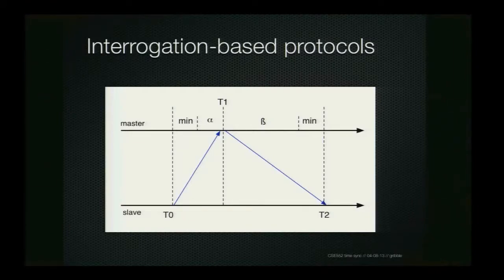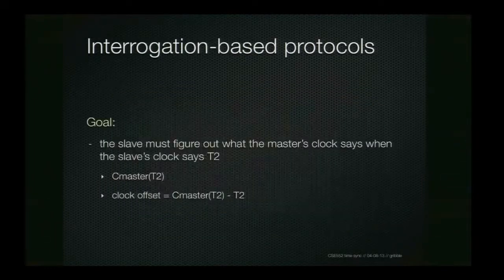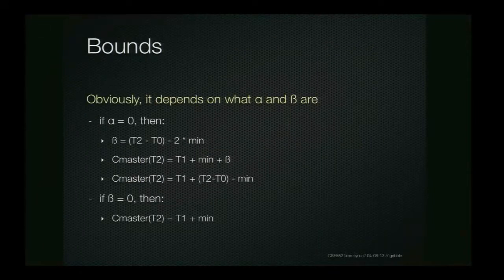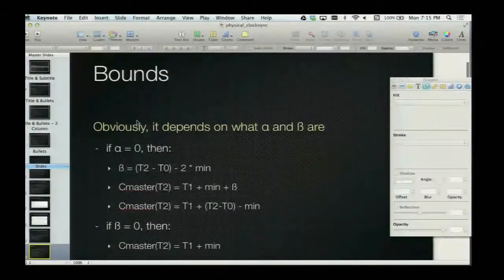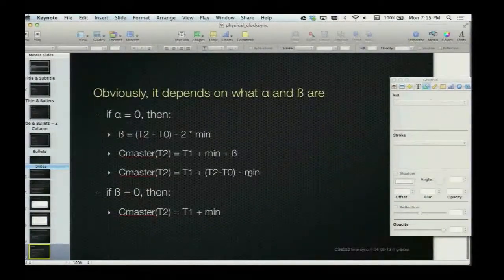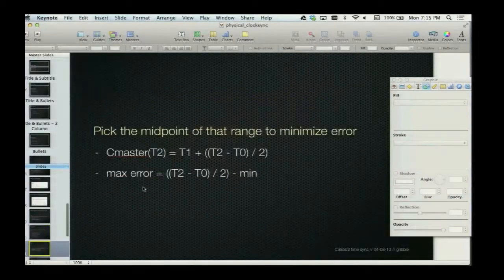Yeah. Okay, so to do the math on this, I'm going to run through these equations really quickly because they're boring, but they're easy. And I'll post these slides afterwards. So if alpha equals 0, the clock at the master is going to end up being this equation over here. If beta equals 0, then the clock at the master is going to be that equation. You subtract these two, and what you end up with is the maximum error that your offset calculation can be is this,